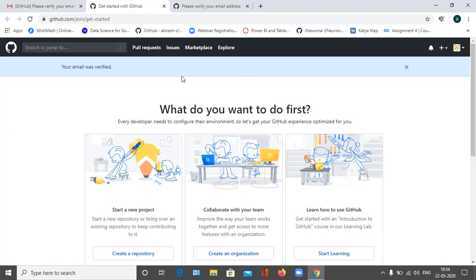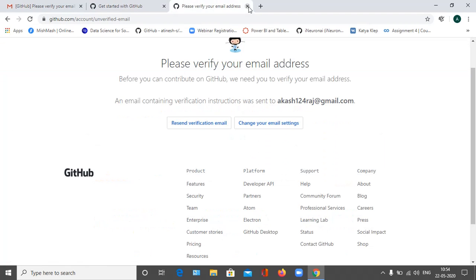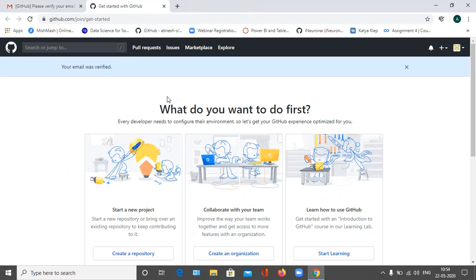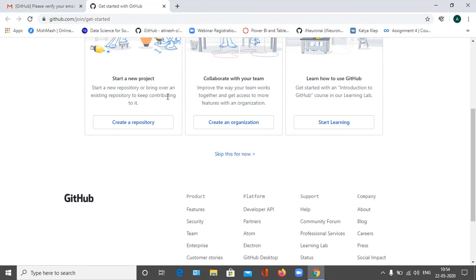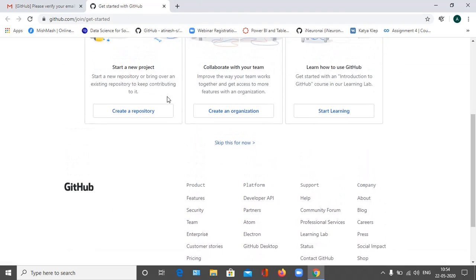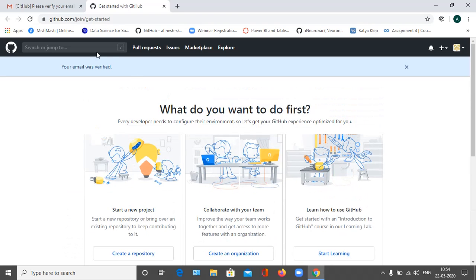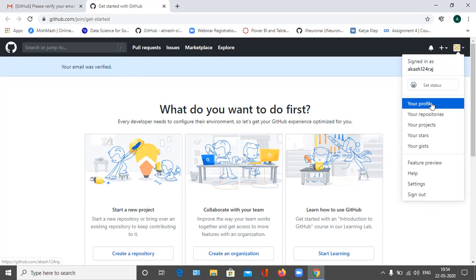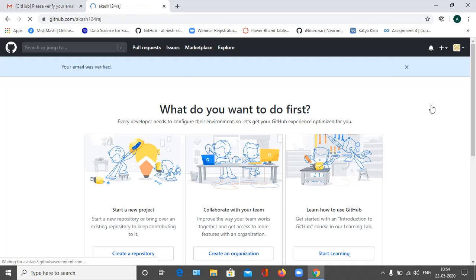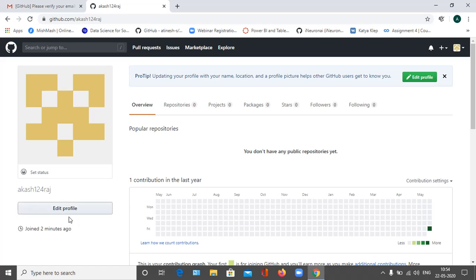Now I got this page, so I think I'm done. Yes, I'm done. And the second option is, if you want to set up your profile, you can go to your profile section here. You can edit your profile.